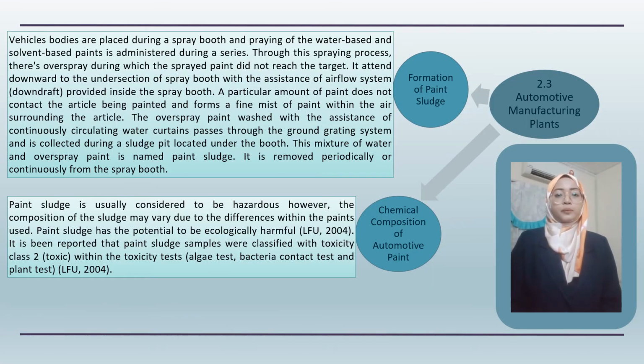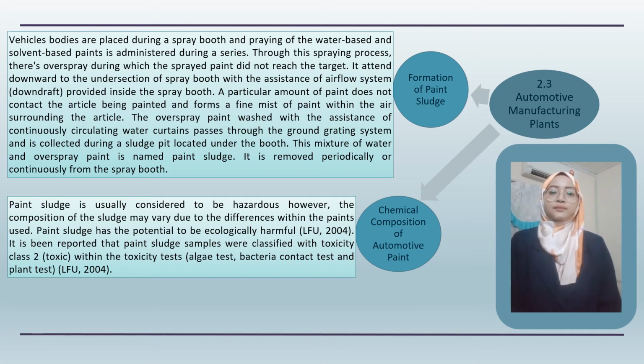Last subtopic is automotive manufacturing plants. How is paint sludge formed? Basically, during the painting process, vehicle bodies are placed in a spray booth, and the spraying of water-based and solvent-based paints is administered in a series. This painting process generates waste since the vehicle body is sprayed, and through this spraying process, there is overspray, where the sprayed paint did not reach the target. This overspray paint will descend downward to the undersection of the spray booth with the airflow system downdraft provided